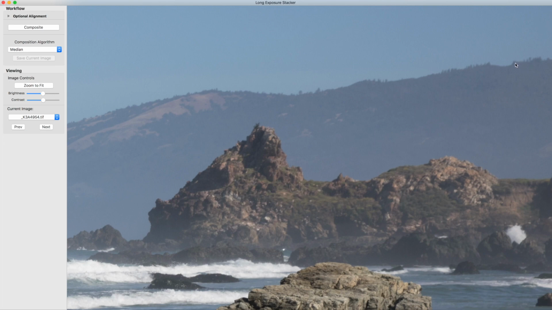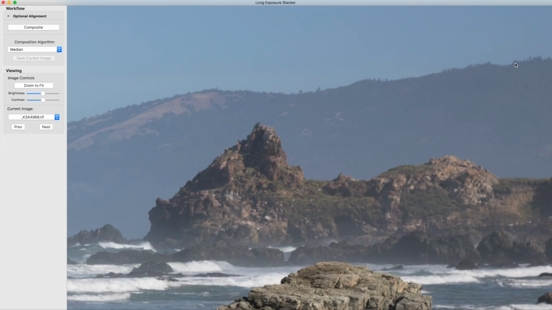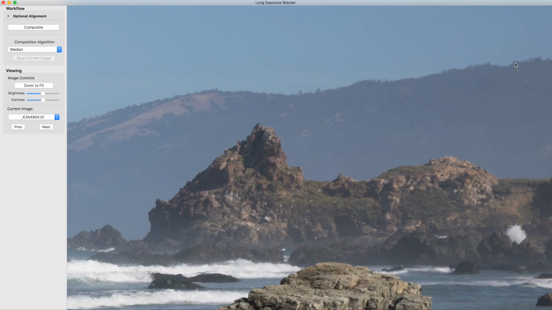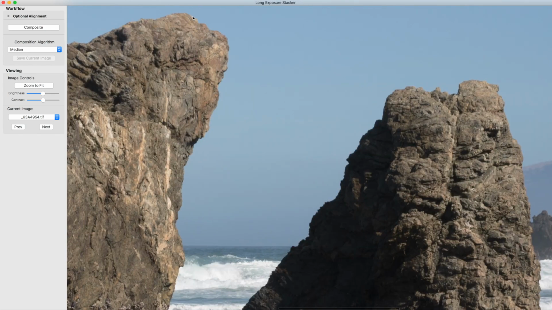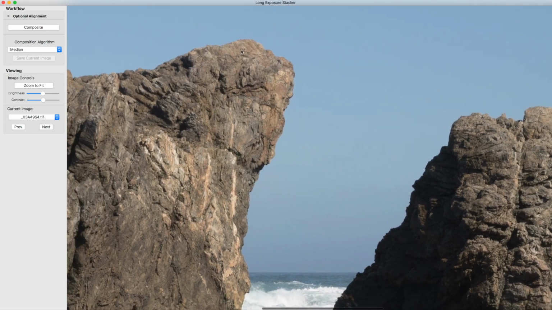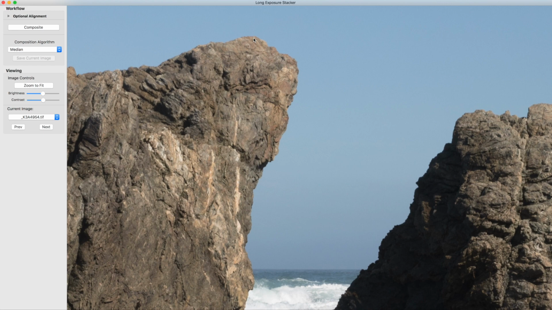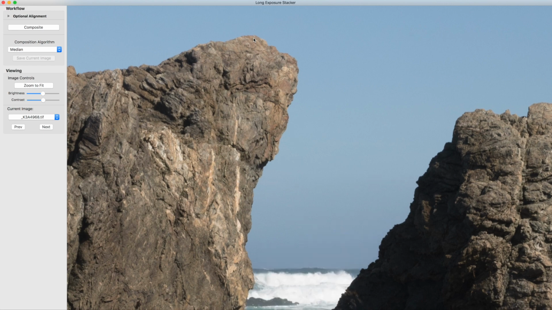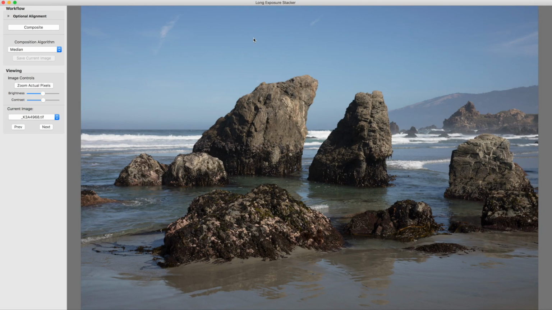And now what I'm going to do is switch to the last image in this sequence. First image, last, first. And you can see that there's quite a bit of motion. Let's go to this big rock in the middle, and same thing. This is the first image in the sequence, last, first, last. So what we have here is some motion, and originally Long Exposure Stacker required that the camera be held absolutely